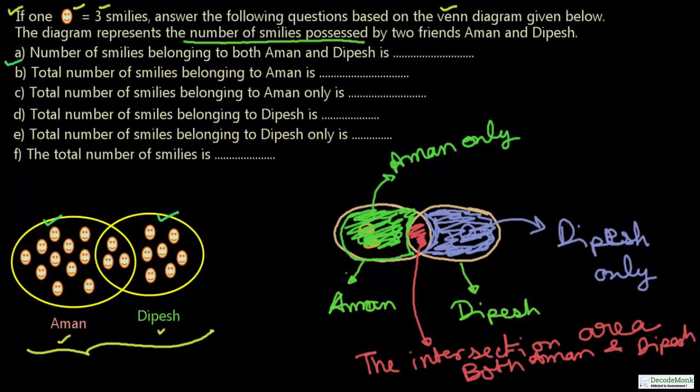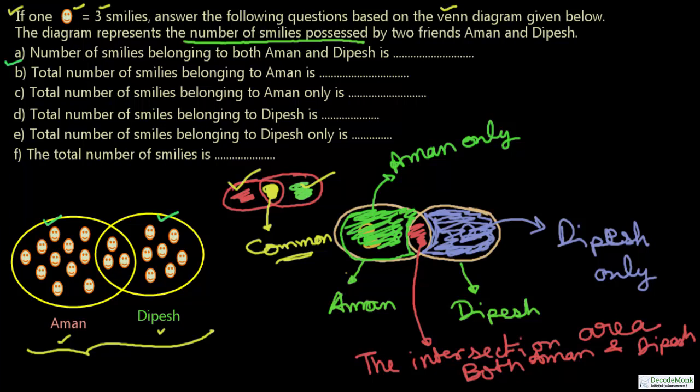So it's very easy to understand by inference that if we have got two ovals, two areas, then this belongs to one person, this belongs to the other party, and this area is the common portion which belongs to both the parties. So I hope you have understood what the figure means. Now let us try to figure out the answer to the first question.